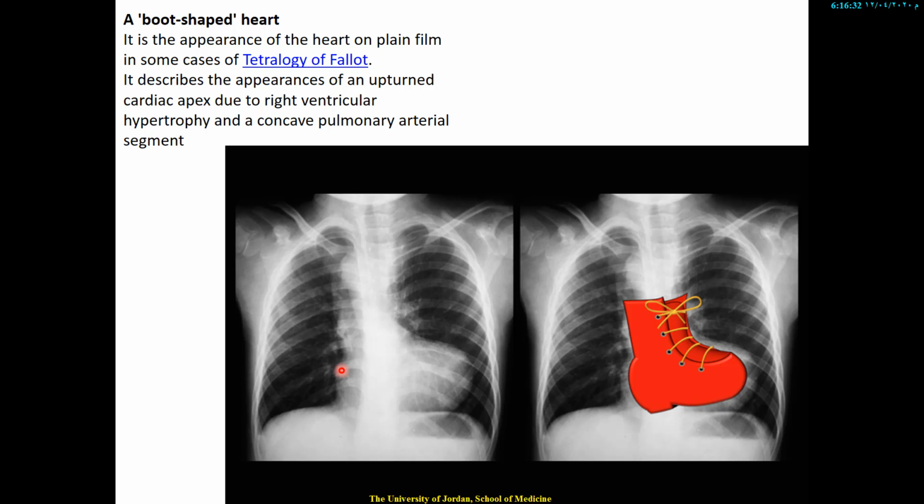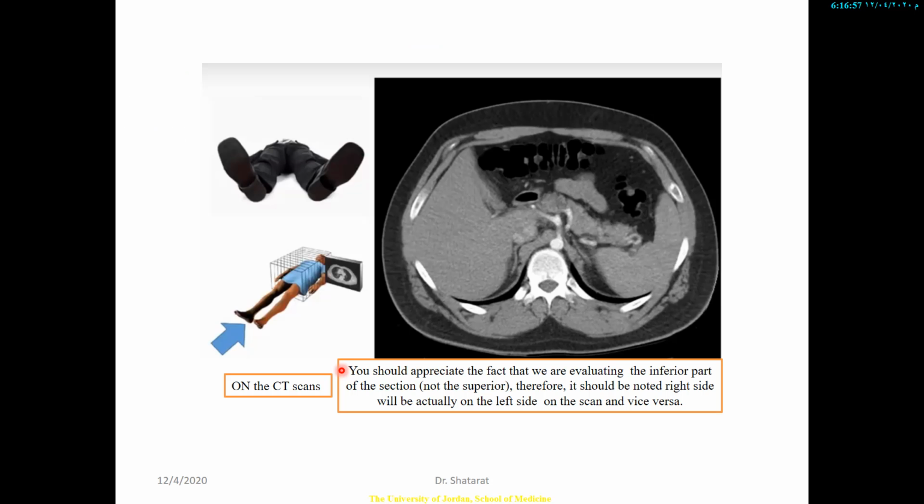I just can't resist telling you, the moment I memorized this X-ray, one of my great teachers told me in Arabic, Kundara-like heart. You wouldn't forget this. I think it sounds more obvious in Arabic. Now, let's move to